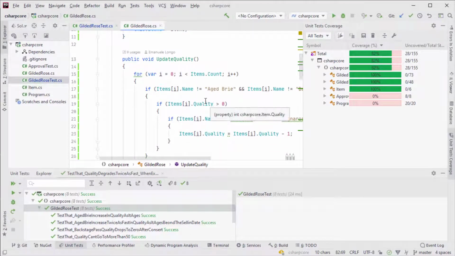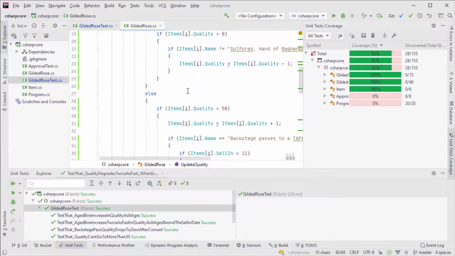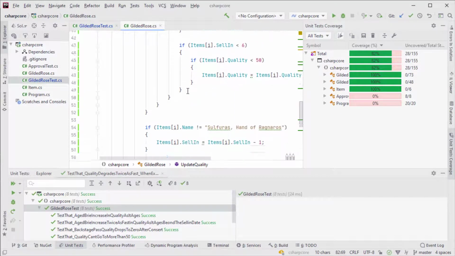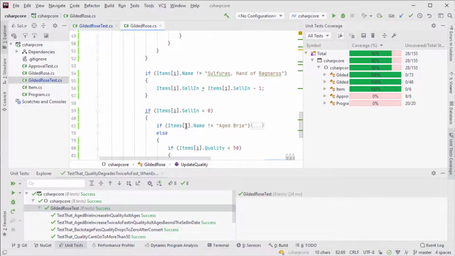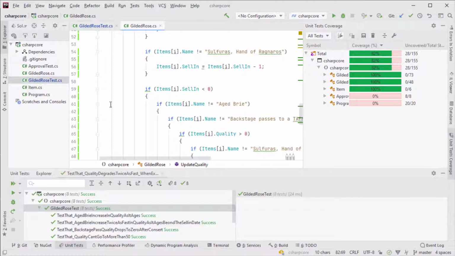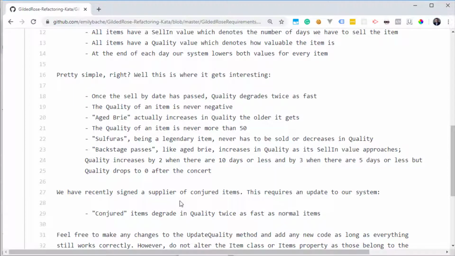This is a method that contains many different paths. So to actually create unit tests that cover every combination of path through all of this method is, I would say, a very daunting task. So we're not going to do that. You just have to continue adding tests until you find that you're confident enough to introduce this new feature. Now we're kind of ready to start implementing our new feature.